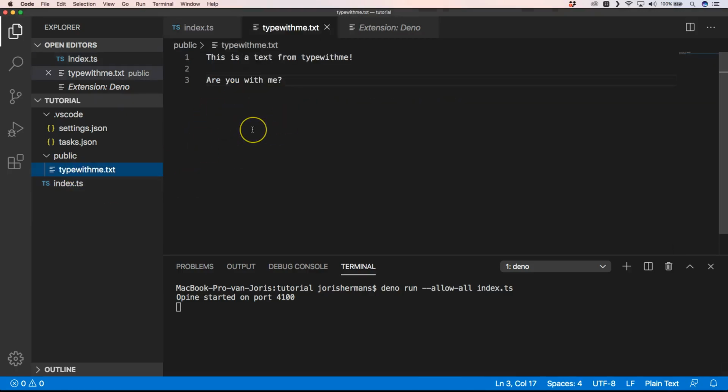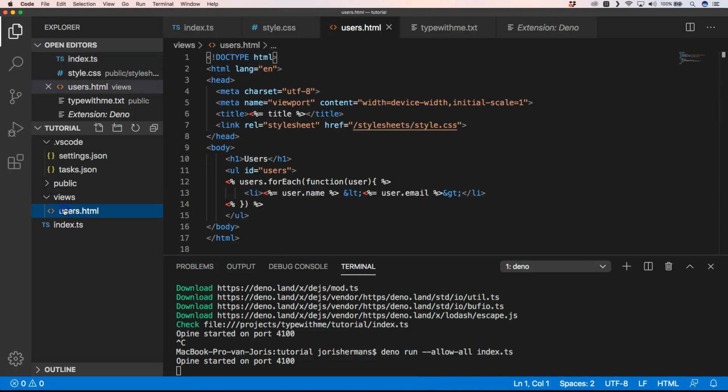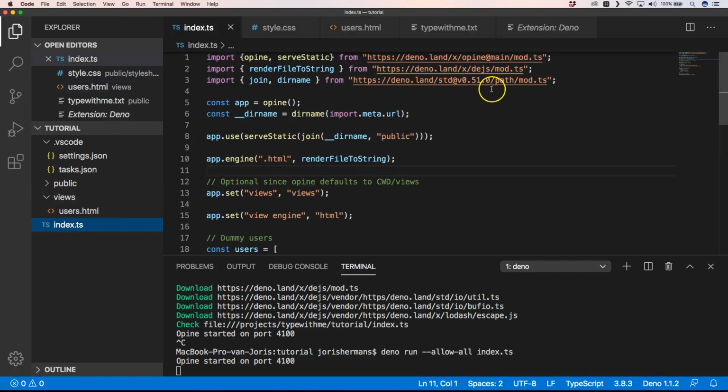So here I have my public folder, right, where I have a text from typewith.me. Are you with me? So you can put whatever static files you want there, and it will be served throughout Deno with opine, right? So another example could be to render just HTML files with some syntax in it to parse that, right? So also there we have